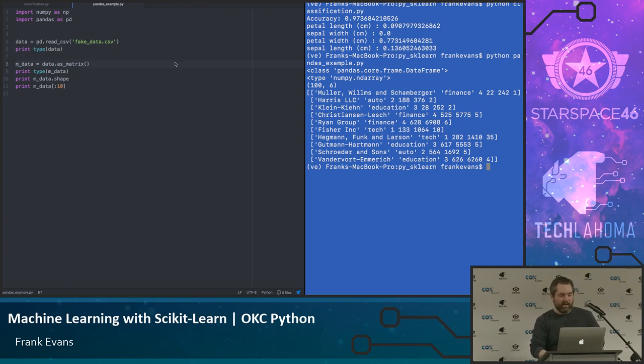I've just got a CSV. I pull it in and it tells me I've got a data frame. I can tell the data frame I would prefer you be a matrix, because you're kind of a matrix anyway. Just wipe your labels off the side and call yourself a matrix, and it will do that. It will make itself into a NumPy ndarray, and now that I've got that two-dimensional matrix, here's the first however many records. It's 100 records, 6 of them. This doesn't have any labels, so that's why I can't feed it into my classifier.